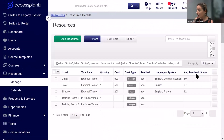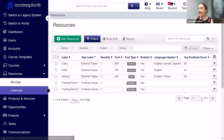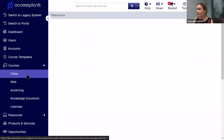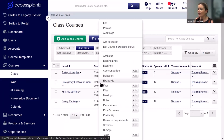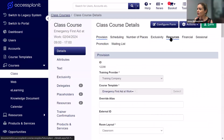So I can see that at the moment, I've got languages spoken and average feedback score included in this data grid. And I think where this really comes into its own is where you are scheduling your courses. So if I'm running, like I mentioned before, a French course and I need to be able to see just French trainers, I can do that one from the trainer selector. So if I go and edit a course and head down to the resources,